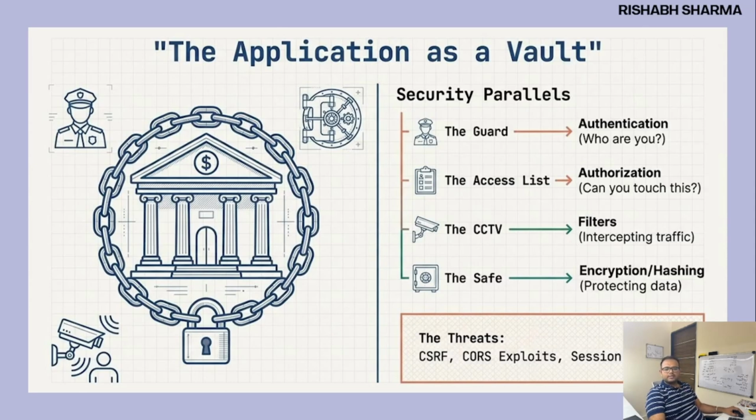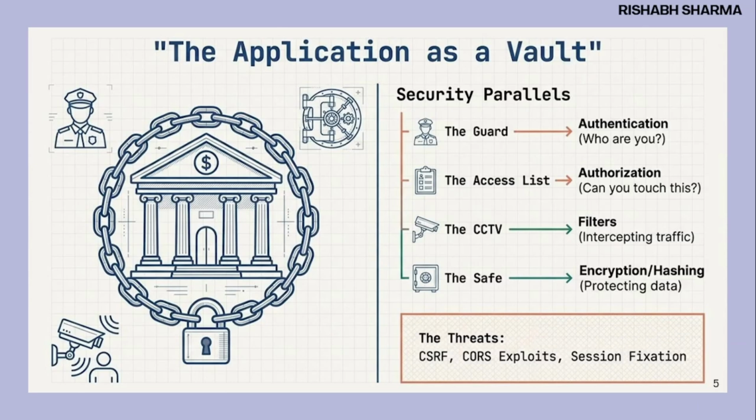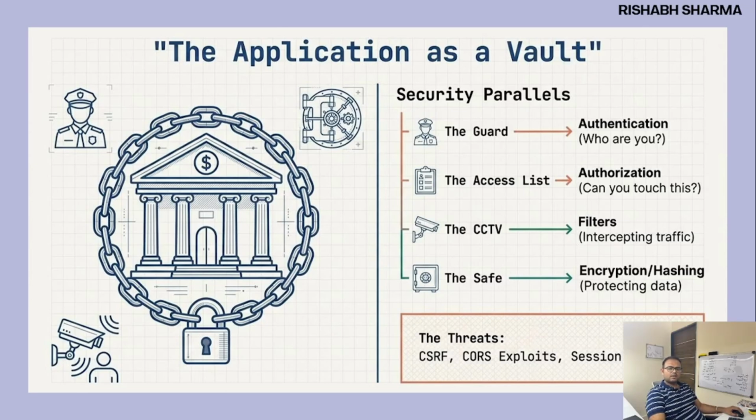And next are your filters. A filter is nothing but the CCTV inside the vault. Even after entering the vault, it monitors everything. The CCTV watches who entered, what they accessed, and whether there is any suspicious activity or behavior. In Spring Security, these are the filter chains. Filters intercept every request, validate the token, check sessions, apply CSRF, and everything else you need